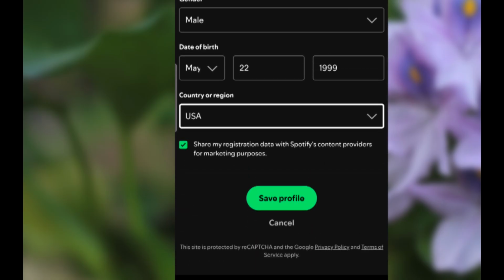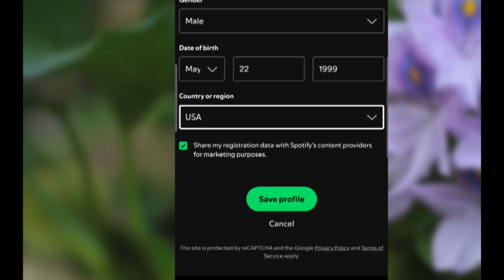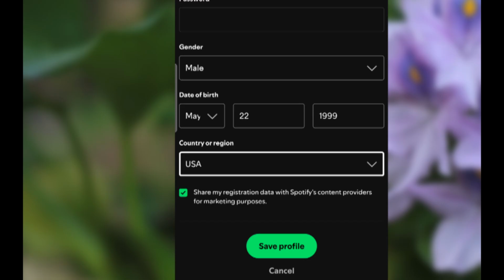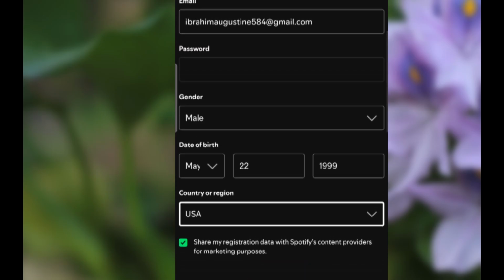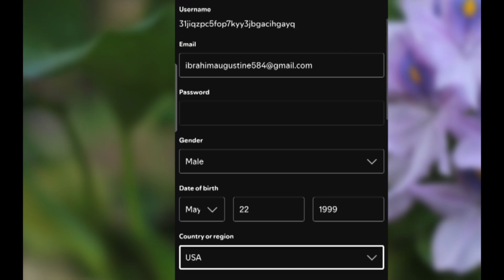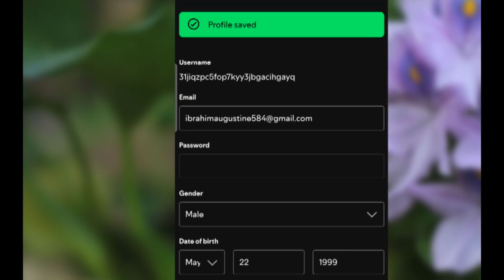Or if you're using a VPN, as I was using a VPN and connected to the USA servers, I just changed the country or region to make sure it matches the one which my VPN is connected to. Or if you're located in a different country, or traveled maybe to another country, make sure you update your country or region. If you've updated your country or region and you're still facing the same problem, then just